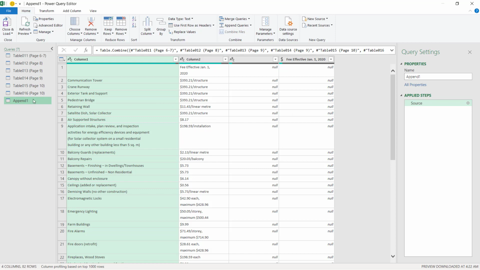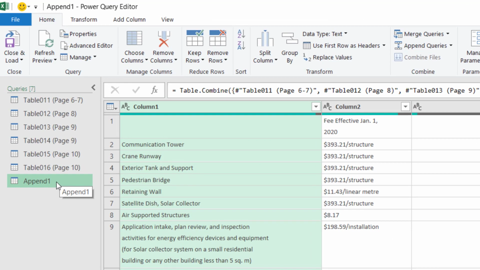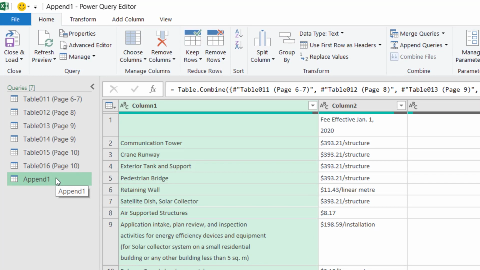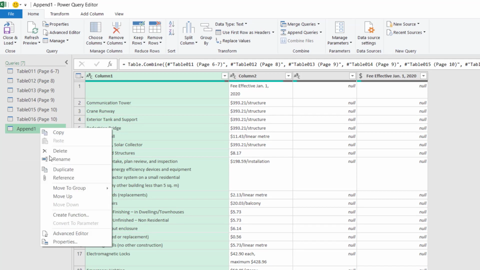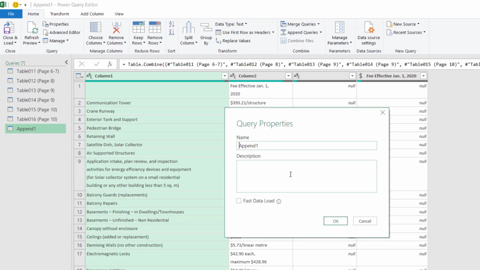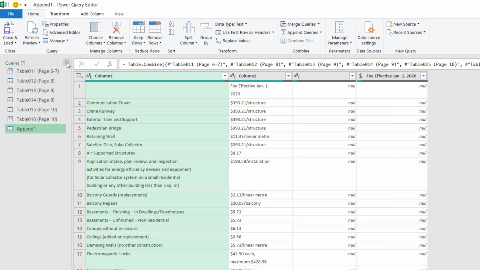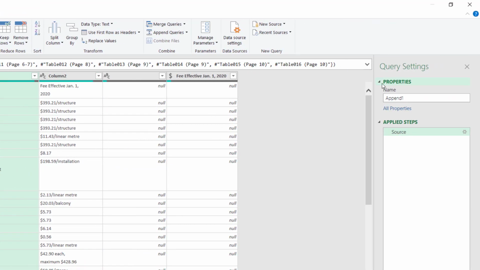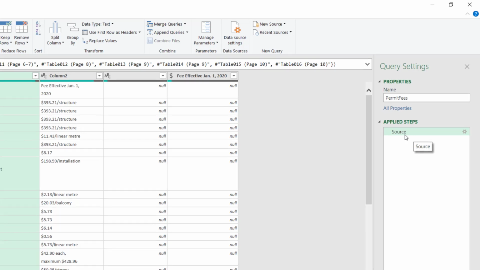First of all, I want to rename my query. I can rename my query by double-clicking on the left-hand side. If I double-click, I will be able to rename the query. I can also rename it by right-clicking and selecting Properties. That's another way of doing things. Here it allows me to provide a description. I'm not doing that, but I'm going to collapse the queries pane, and on the right hand side in query settings, I'll start renaming my query. Under name, I'll be typing permit fees. And then I hit enter. No extra steps have been added to the applied steps, and now I want to start cleaning my data.